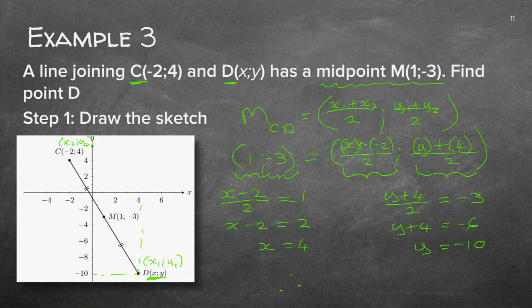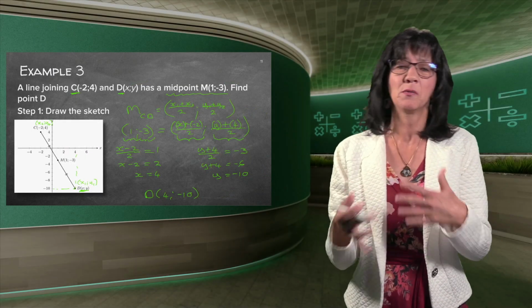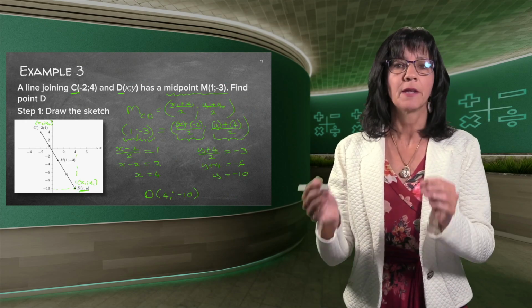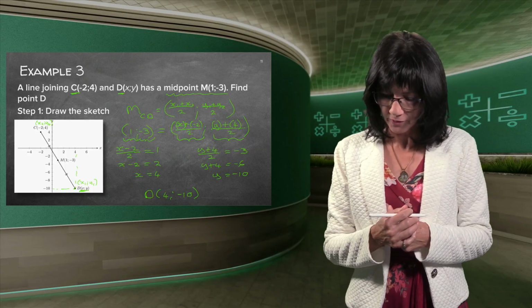So just remember, my final answer will be, oh no, that's not my coordinate. That's not what they asked. What did they ask you in the beginning? They asked you the coordinate of D, not the midpoint. They gave you the midpoint. So you'll just write down my final answer, which will be D, where x is 4 and y is minus 10. You see why it's so important to go and check what they asked you? I'm busy with the midpoint, so I just need to give the midpoint answer. But this is not what they asked here. They gave you the midpoint and they asked you to find the coordinate.